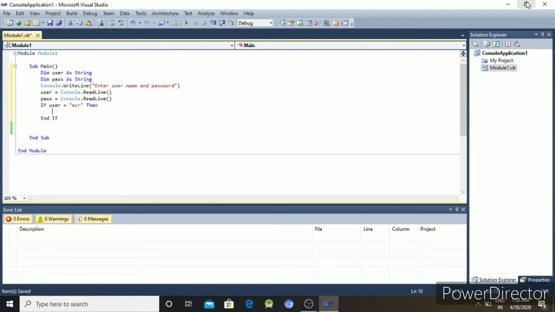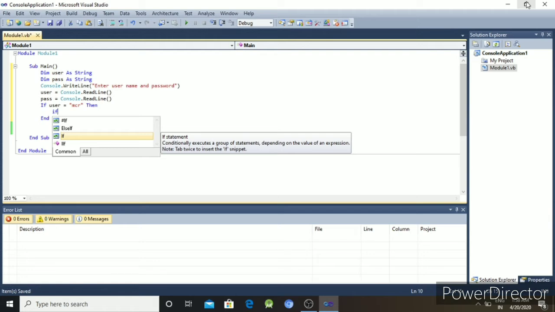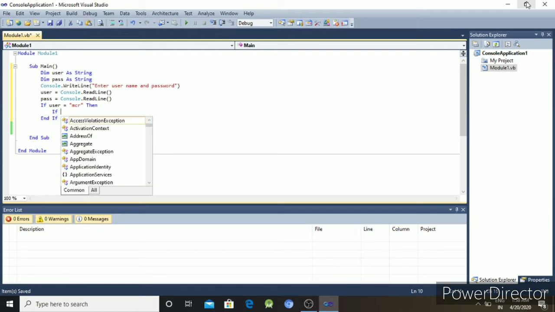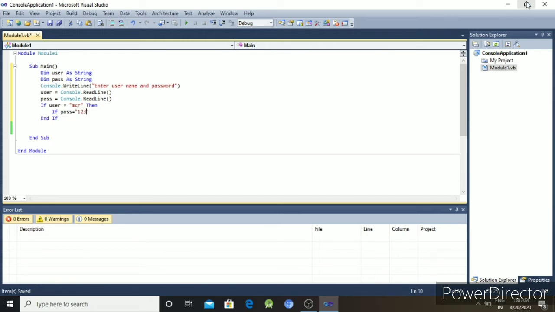So another if statement is used here. So if pass equal to 123, then we have to write one statement because the username and password are correct.